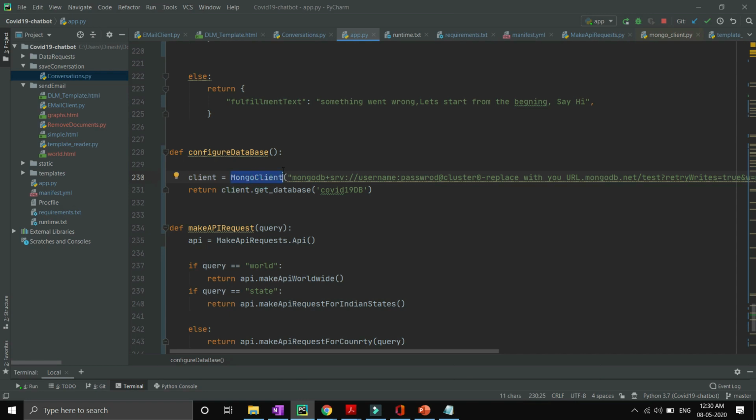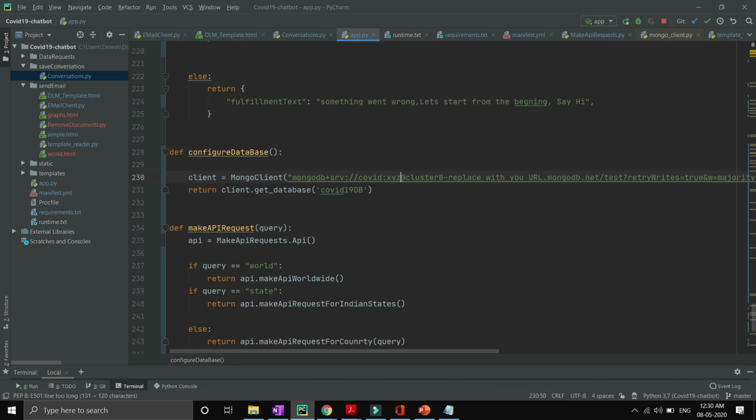So you have to create a MongoClient object and you have to copy and paste your particular URL which you have generated from your MongoDB Atlas account. And specifically I'm mentioning over here that you have to give your username and password. So you can see over here that I have given my COVID as a username, and for password you have to give your password.